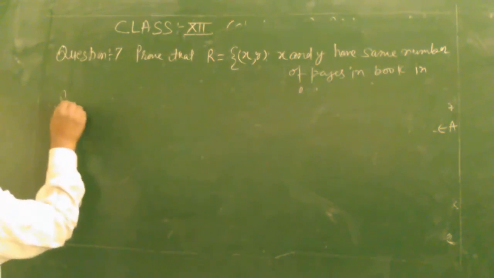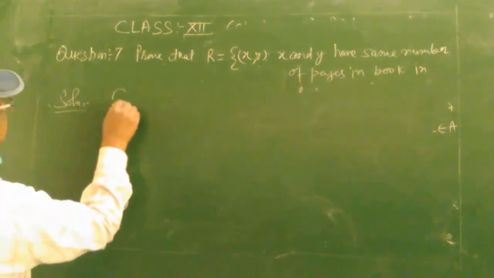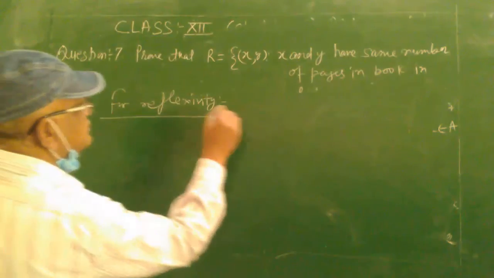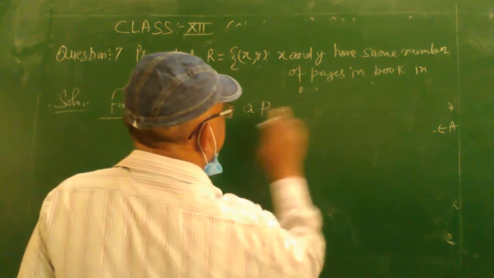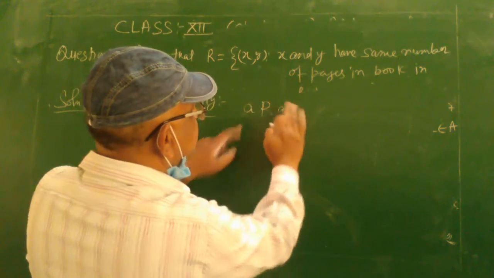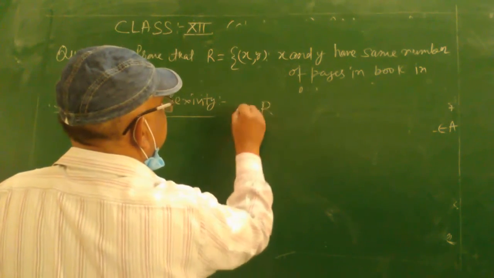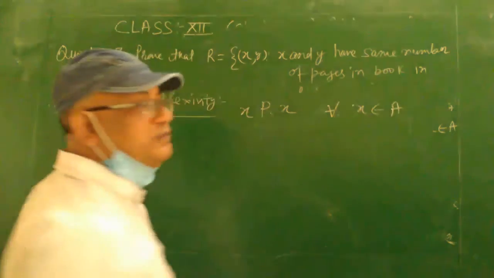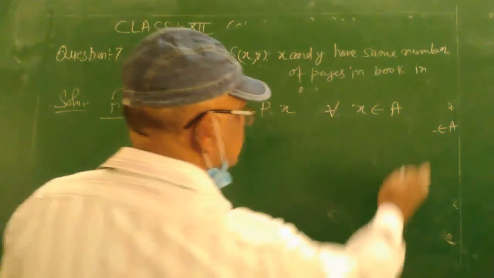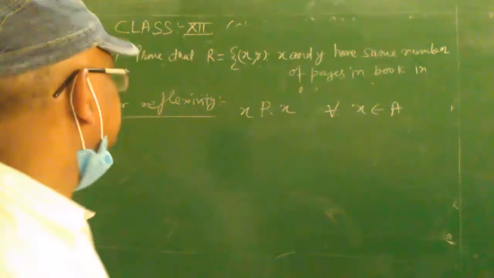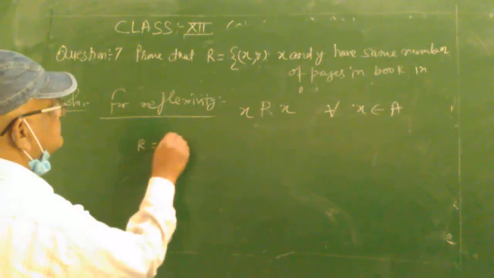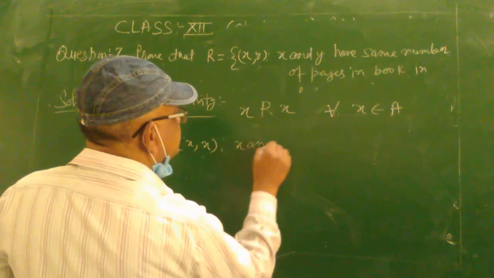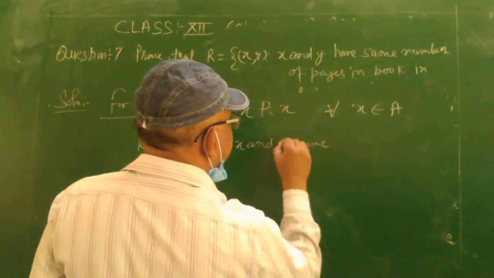So in the solution we will write for reflexivity. First you will write the definition of the reflexivity. A related to A, or you may write as x and y is given, x related to x. It is same for all x belongs to the गिवन सेट, जो भी सेट आपको गिवन है, स्कूल की लाइब्रेरी. यहाँ पे आपके पास एक सेट है जिसके अंदर x एक एलिमेंट है. सो हियर ऑन द बिहाफ ऑफ दिस r इज इक्वल टू, ये जो y है ये रिप्लेस हो जाएगा x से, सच दैट x एंड x हैव सेम नंबर ऑफ पेजेस.